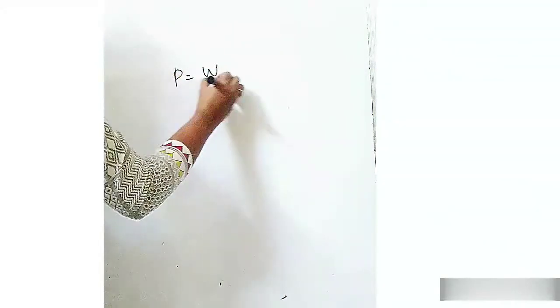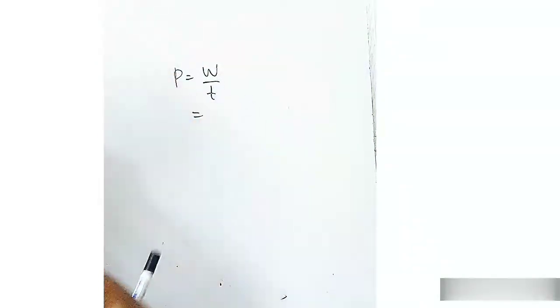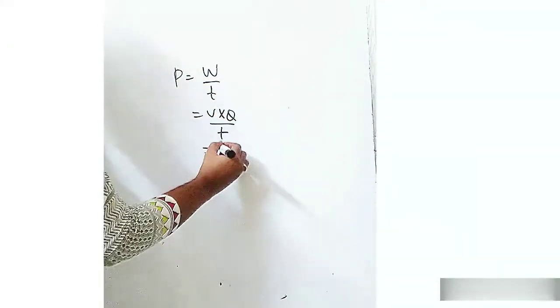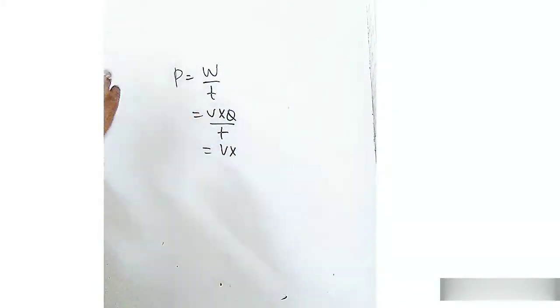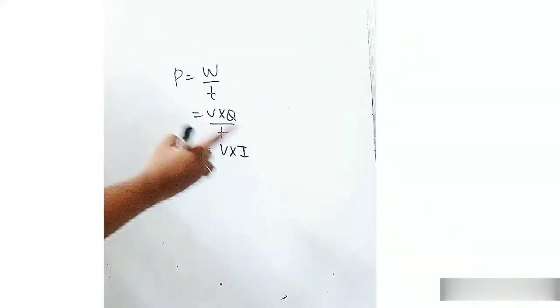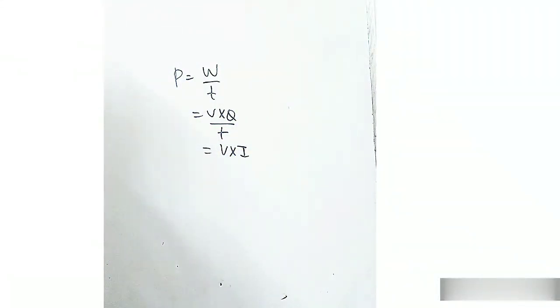So the power, what is the power? Power is work upon time taken. Now work done is V into Q upon t. Now what is Q upon t? From the first part of the chapter, Q upon t is I. I'll replace that value, so power is V into I. Now after that, what is the heating effect? The energy supplied to the circuit will be supplied as heat. So that will be the formula for this particular thing.